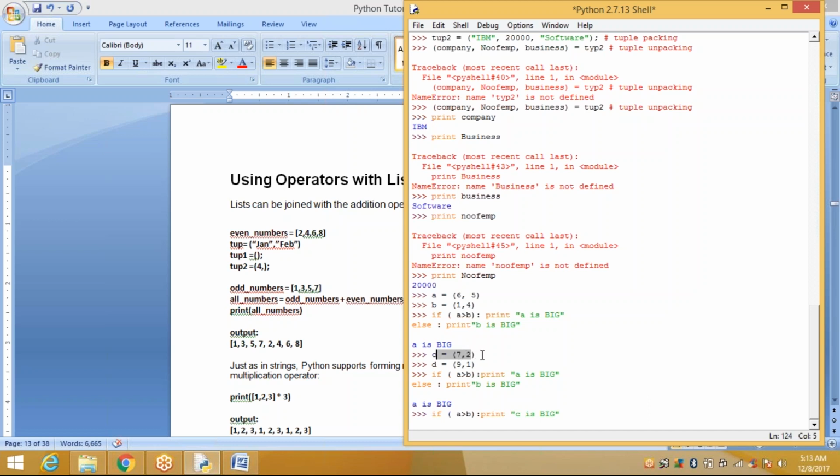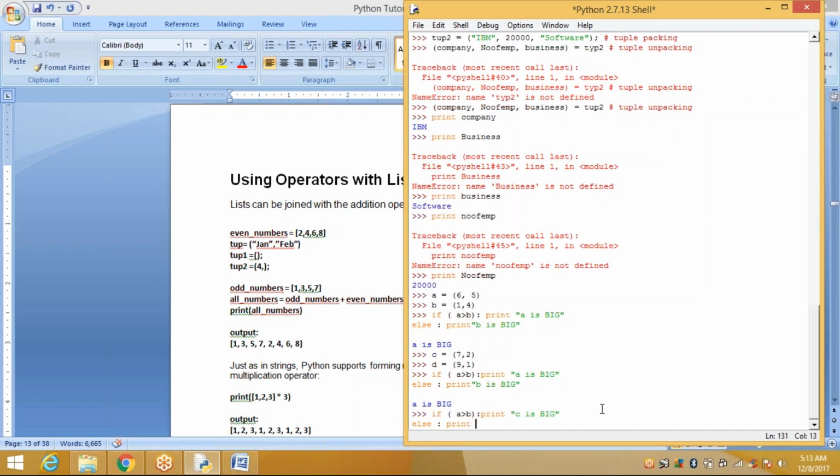It compares like this. Suppose we have 7 in C and 9 in D. Which is greater? 9 is greater, so D is big. This is the way it compares. If you have any doubt, ask me.